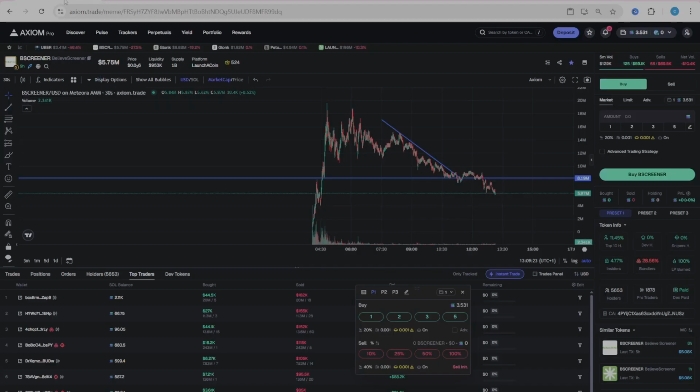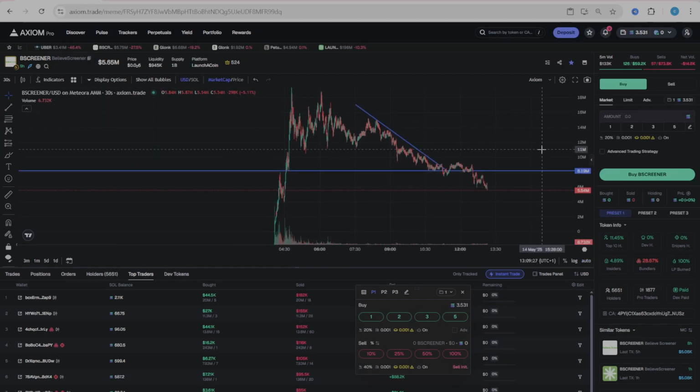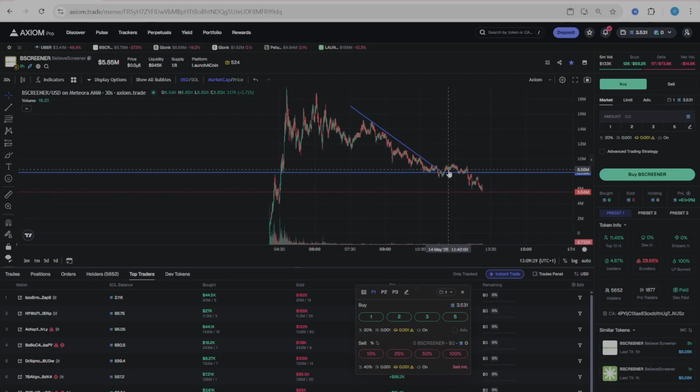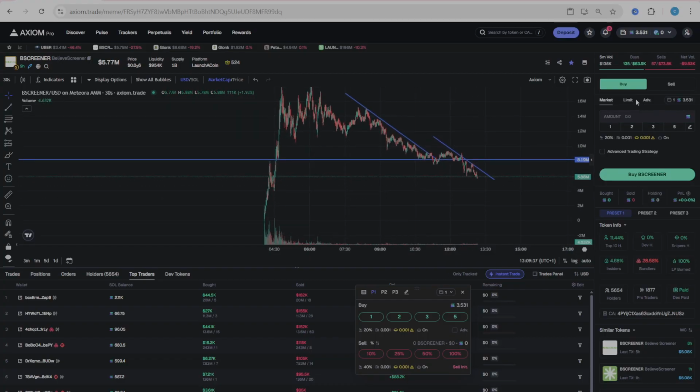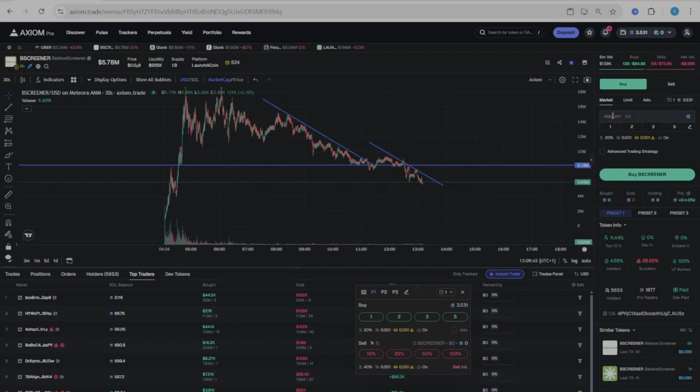Cool. So I like this coin. Like I said, it's with the Believe team and we've launched a coin, but I do not like this down pressure. All right, it's a lot of downward pressure. I would only put in bids, so I wouldn't even put in a limit order. I would wait for a breakout, and when I see a breakout and I see a reverse in market structure,